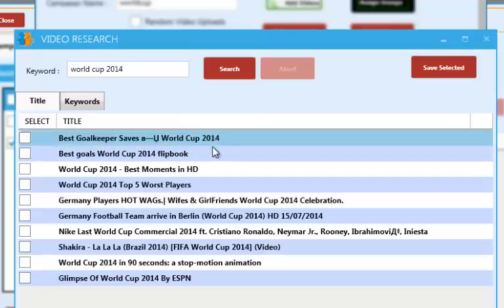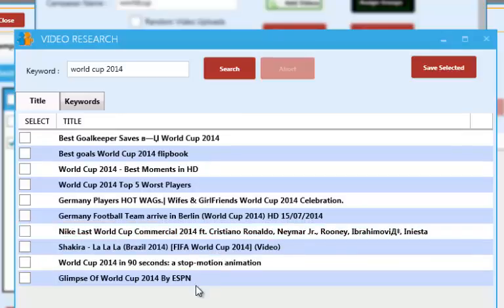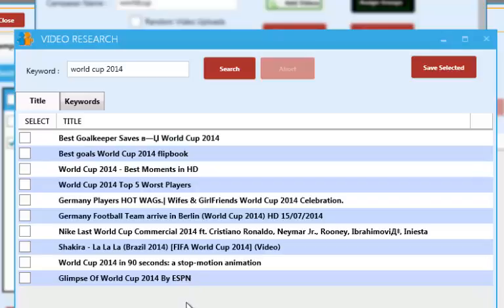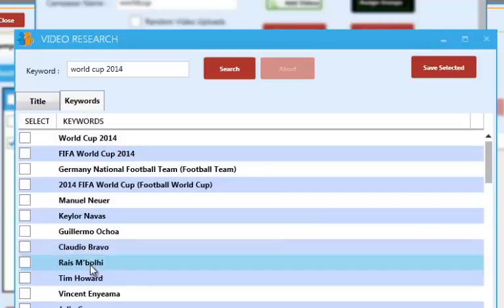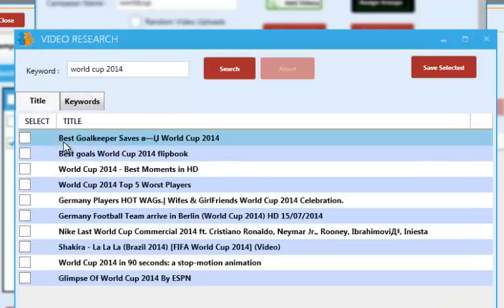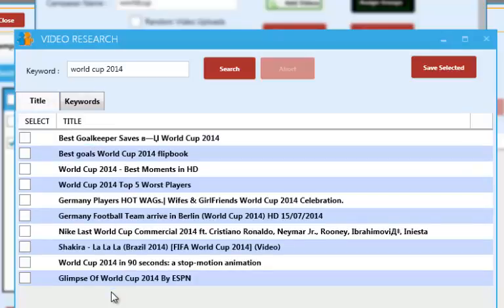It's going to visit the top 10 videos or the top 5 videos, depending on your license type. It's going to visit the top 10 videos, and it's going to bring back the titles that they're using for it, and then it's going to also bring back the keywords that they're using as well. And again, it ranks them in order of popularity. So I'm going to go over to the title,